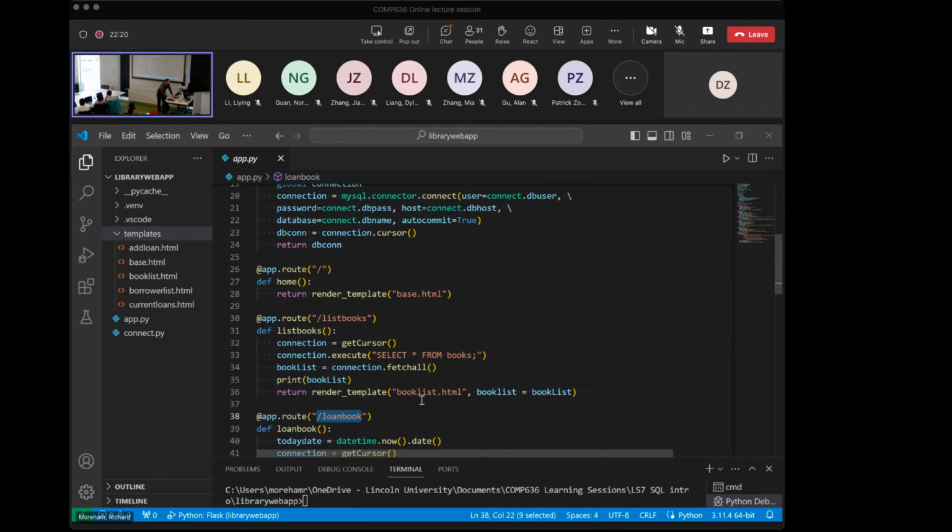Down here you can remember we've got the render. This is where we're rendering a page called booklist.html. So we did some stuff in Python, we'd render that page, and the HTML will be all set up. So booklist